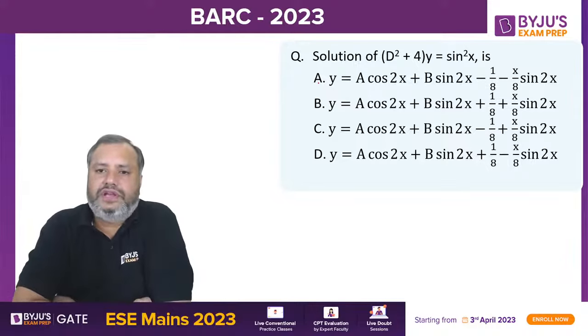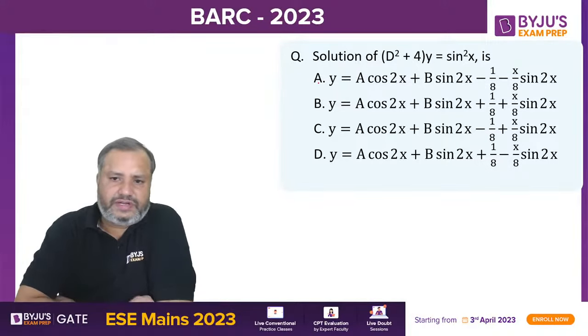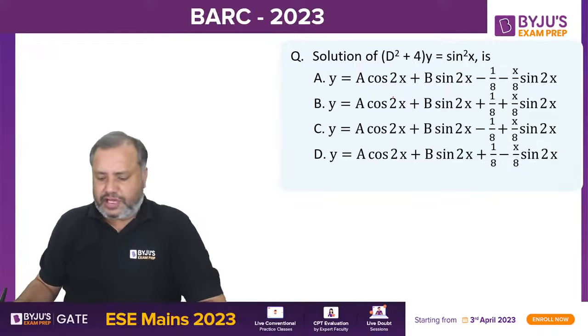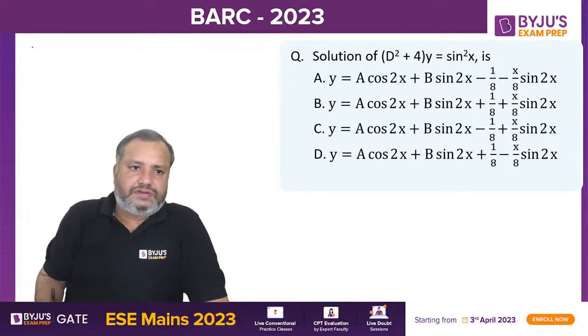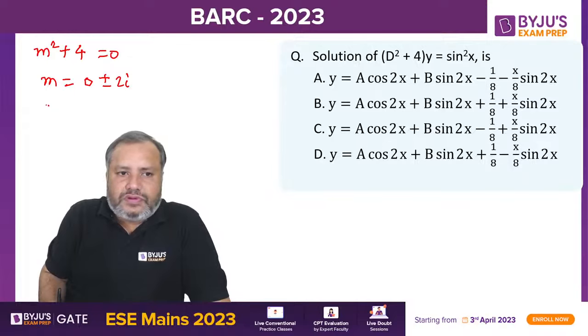Solution of (D square plus 4) y equal to sin square x. So students, for this equation, first of all we will be working on finding out CF. CF can be obtained by the auxiliary equation m square plus 4 equal to 0. Here the roots are 0 plus minus 2i. So CF will be e raised to alpha x